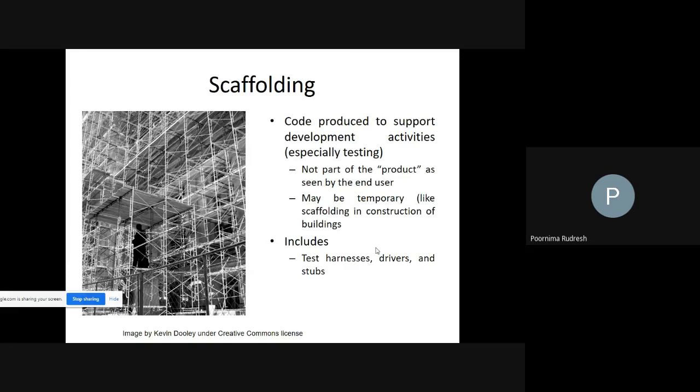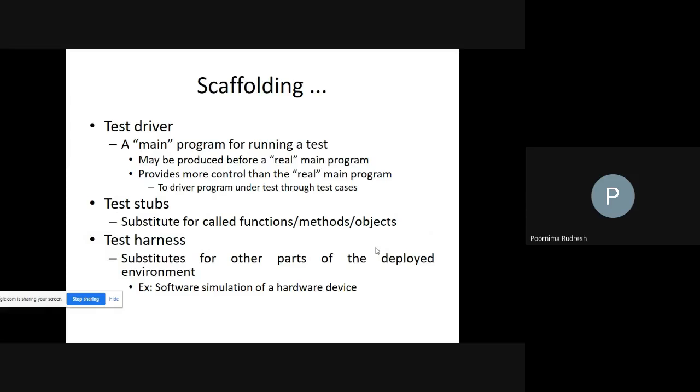After that, I explained the scaffolding. What is the scaffolding? Why do we require the scaffolding? What does it include? It includes the test harness, drivers, and steps that I explained in the last class. What is the test driver? What does it consist of? What are the test steps and test harness? How are they helping in executing the test cases and identifying the faults in the implemented program or in the